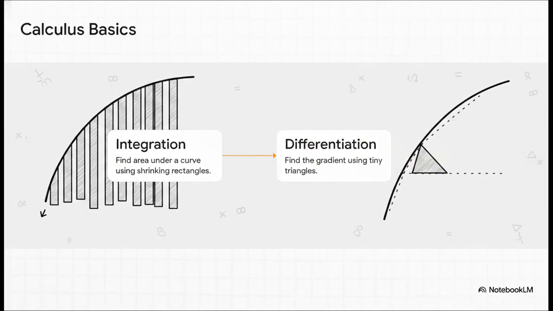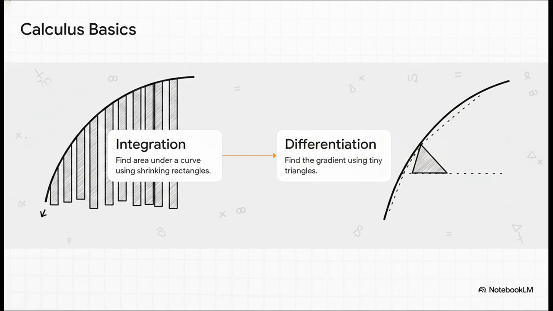So why do we even need calculus in the first place? Well, when variables get squared, straight lines turn into curves, and simple geometry totally fails us. We have to rely on two inverse but incredibly complementary operations to make sense of it all. First up is integration. Imagine you're trying to find the exact area under a sweeping curve. Integration approximates that area by packing it full of rectangles. As you shrink the width of those rectangles down until they're infinitely small, your calculation becomes absolutely perfect.